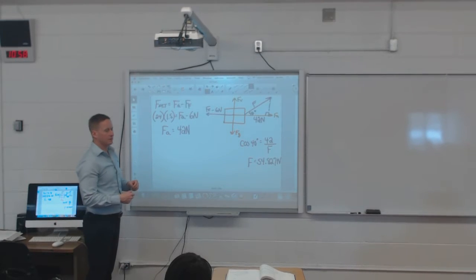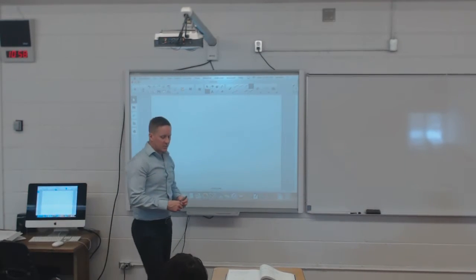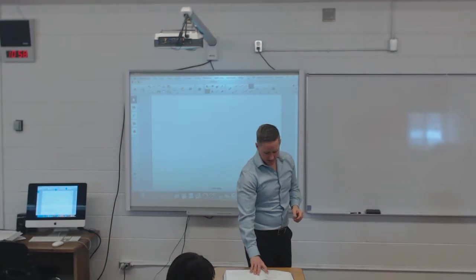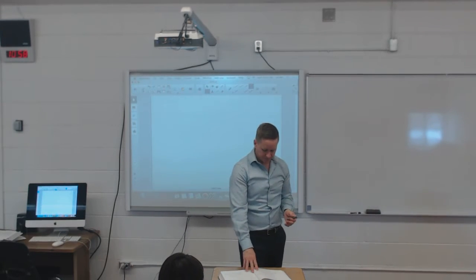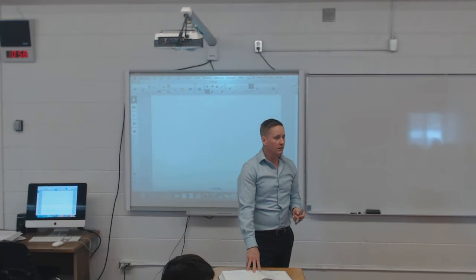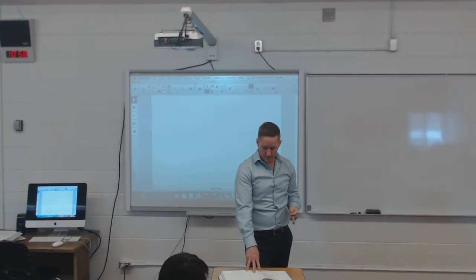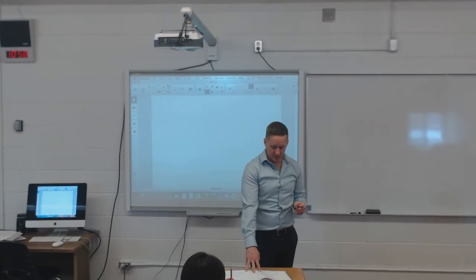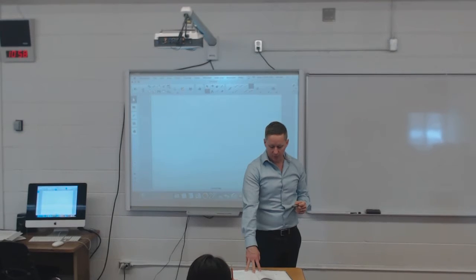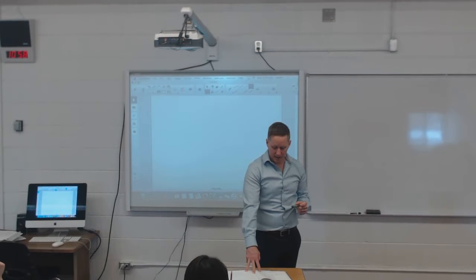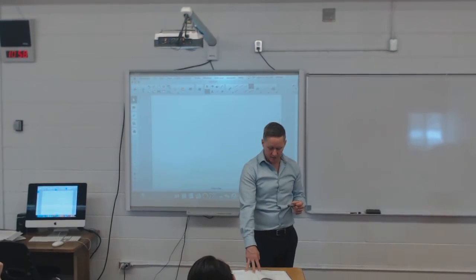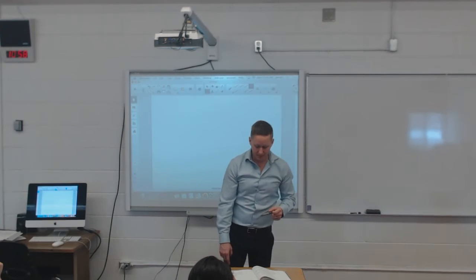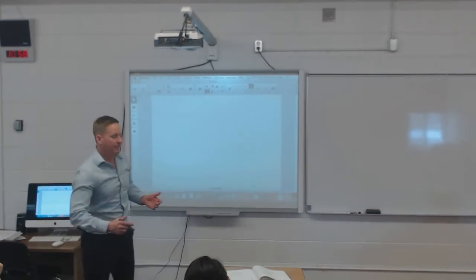All right, the last one is on page 140. This is the one that starts to get a little more complicated. Mr. Newton, you can skip this until tomorrow. No, I want to show it today and then I'll come back and do it again tomorrow. Two girls are trying to pull a 20-kilogram toboggan out of a deep snow drift that provides an opposing force of 8 newtons. They are using ropes attached to the toboggan and parallel to the ground. The forces exerted by the girls and the directions in which they pull on the ropes are shown from above in this diagram.